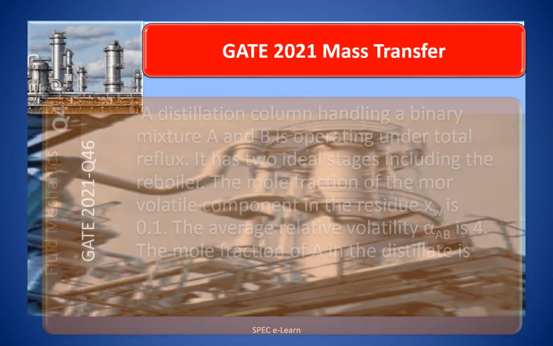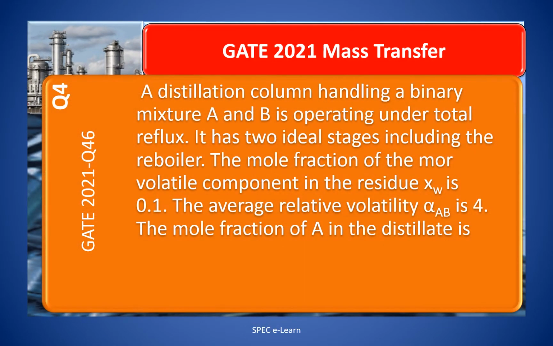GATE 2021, question number 46. A distillation column handling a binary mixture A and B is operating under total reflux. It has two ideal stages including the reboiler. The mole fraction of the more volatile component in the residue x_W is 0.1. The average relative volatility alpha AB is 4. The mole fraction of A in the distillate is